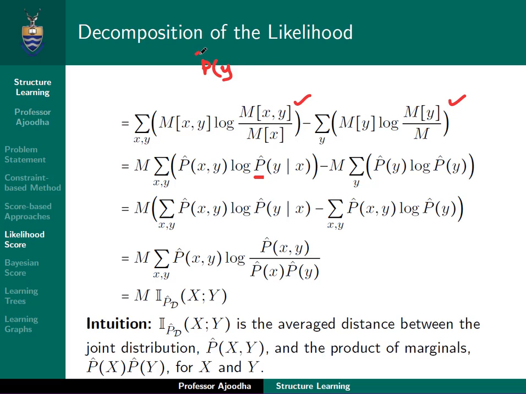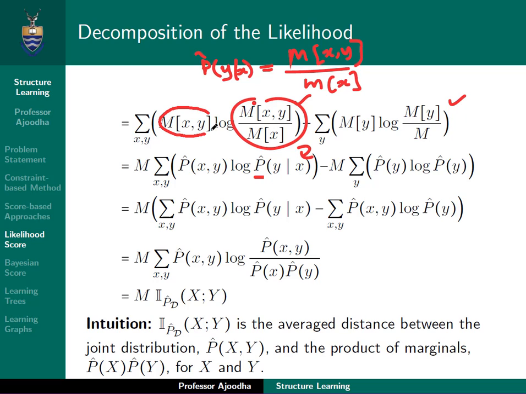The empirical distribution of y given x is equal to the sufficient statistics of x and y divided by, as you guessed it, the sufficient statistic of x. Okay, so this whole thing here can become the empirical distribution of x times the empirical distribution of y given x. Notice that this was the empirical distribution of y given x, but similarly I can have